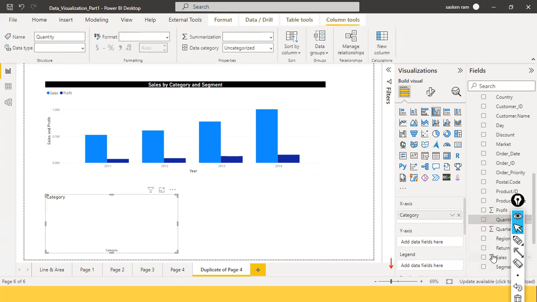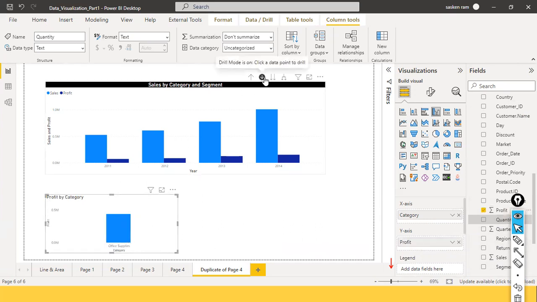Unit sold is not a number, the painful thing. Okay, we will put this one itself. So this drill, when the drill mode is on, if you select any item in your visual, that specific item, you can do the drill down. Did you understand or not? So if I go up again,